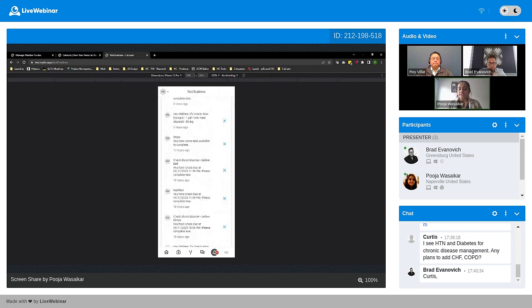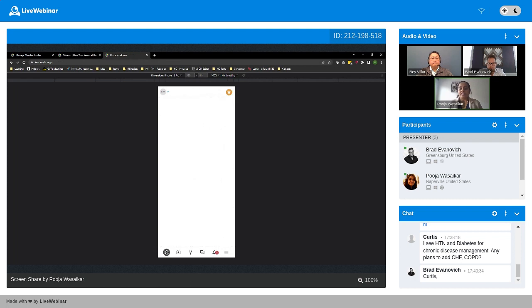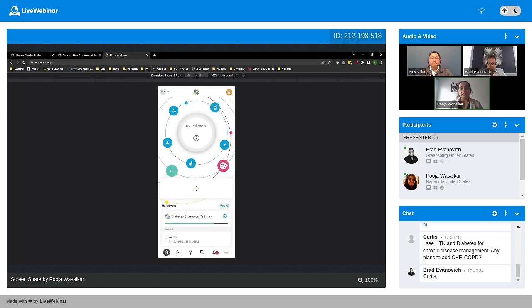All of those reminders come to him directly on the app over here. So overall, the easy-to-use Calcium app has helped him make healthcare and what he needs to do a little less confusing and also fun to use to manage his overall health.